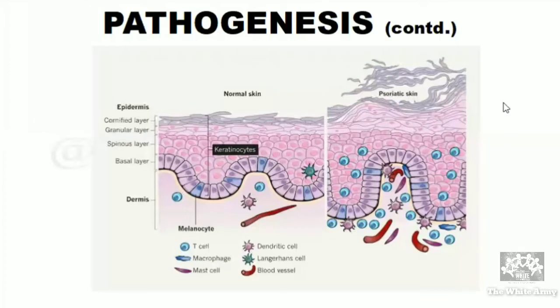So what happens in psoriasis? The keratin protein is not produced properly because there is no time to produce. So the functions of all these layers are lost. That is, the function of the stratum corneum is lost, and also the adhesion between the cells in the stratum corneum is lost. That's why it forms a scale. So when you see a psoriatic plaque, there are loosely adherent scales. They're nothing but the loss of adhesion between the cells in the stratum corneum because they are not fully mature. Okay, I hope you understood that.